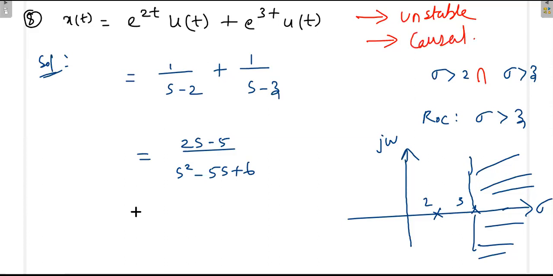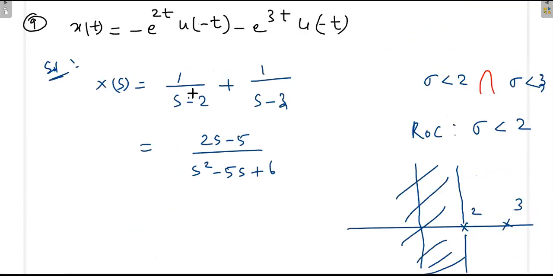Again, if it is causal, we can discuss it in the control system. That means both poles are on the right hand side. It is causal, but it is unstable. We already know that if both the poles are on the right hand side, the system is unstable in control system. Here also it is unstable, because this is a causal system, and only causal systems are discussed in the control system.